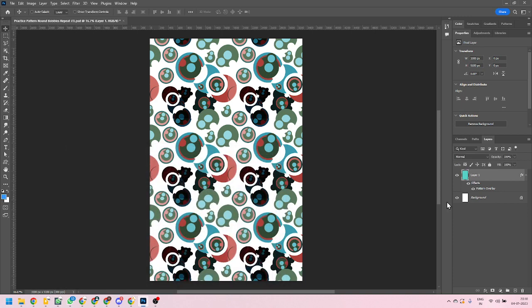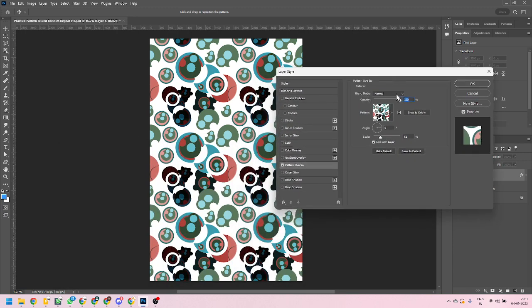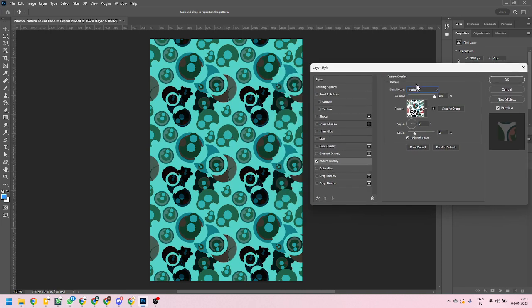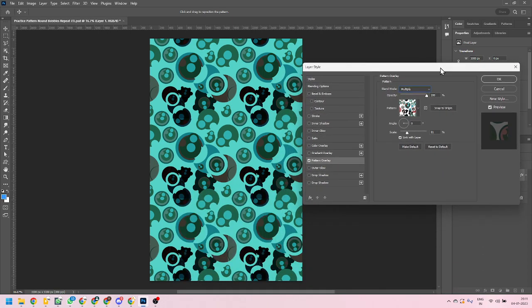So two things we have here on which we have control. One, the color of that layer, right? So layer one has a color. We can change that color to any color we want. But since our pattern has a white background in it already, any color there will not affect the result. So what we can do, we can change the color and then change the blend mode from here. So we can try out different blend modes, like multiply treats white as transparent, and since we have this background also set as white color,